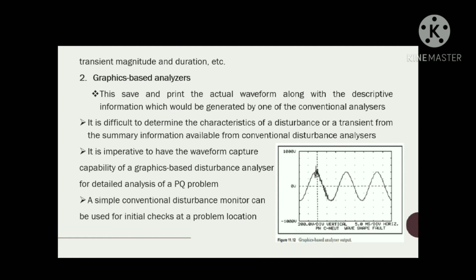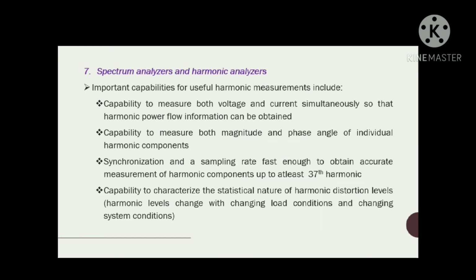You can see one of the graphical based analyzer output shown here. Then next one is the spectrum analysis and harmonic analysis. Instruments in the disturbance analyzer category have very limited harmonic analysis capabilities. Some of the more powerful analyzers have add-on modules that can be used for computing fast Fourier transform